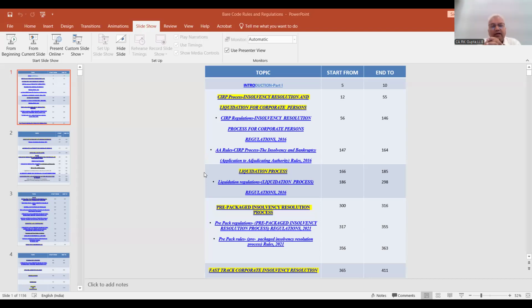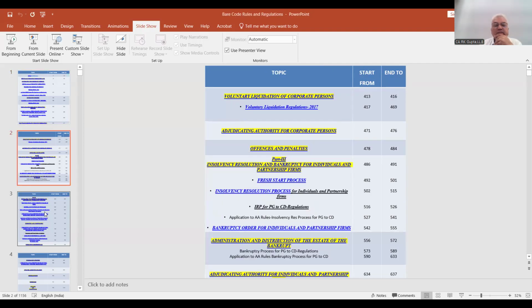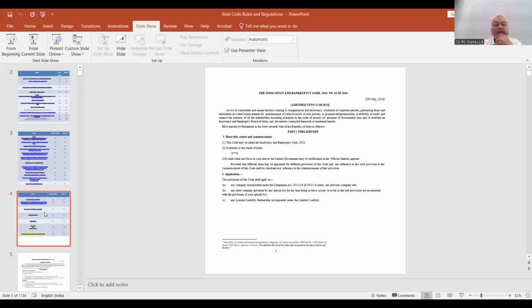And please remember that all these things are for the benefit of the corporate persons or non-corporate persons which are undergoing some financial stress. And if that is not possible, then they allow a speedy exit also. So these are the two things. So let us read from the preamble. What does the preamble say about this?